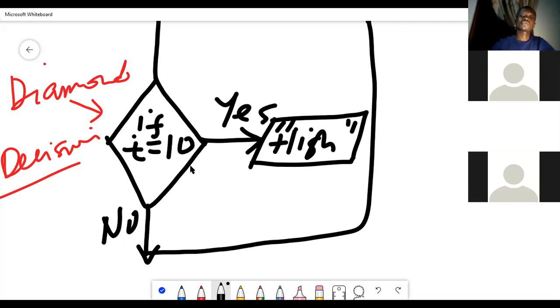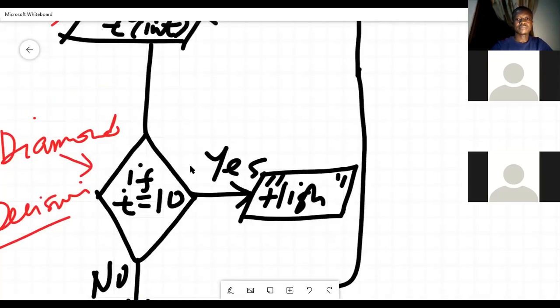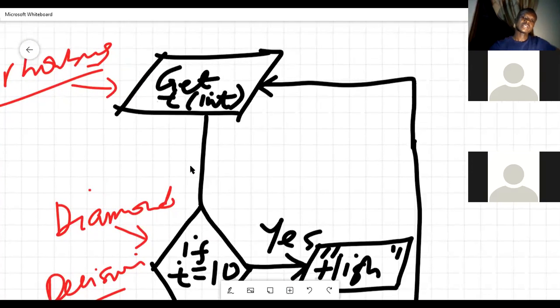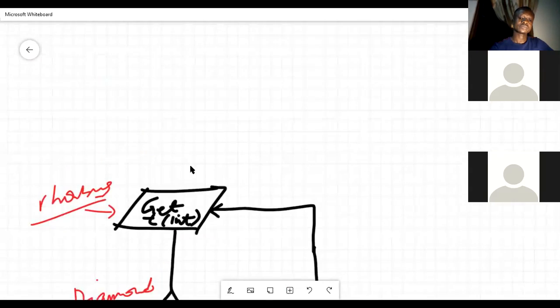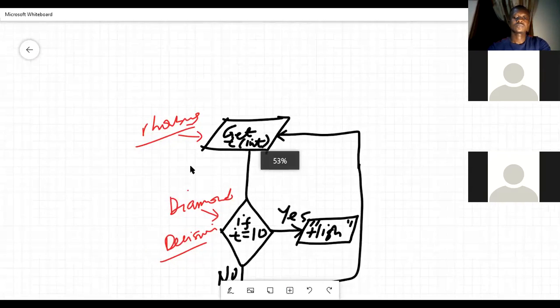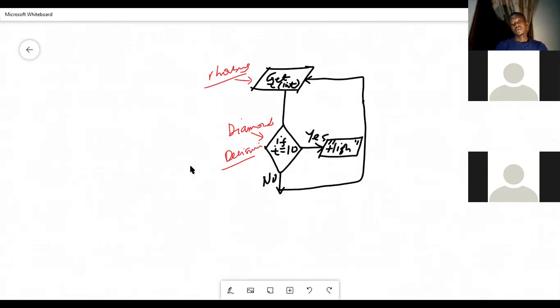Are you with me? So this is a program. This simple thing we're doing is becoming something like a program. Are you okay? Right. So there you go. You see how the boxes are being used, right? So which box haven't we used? We haven't used the start box, so we could do